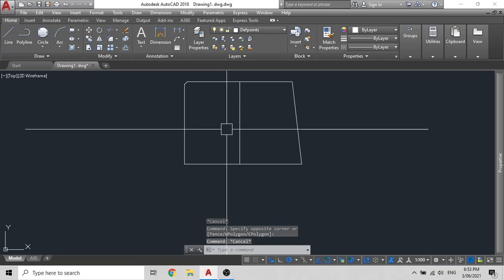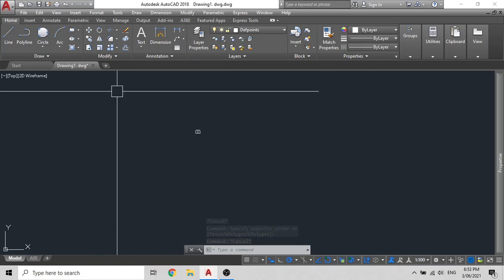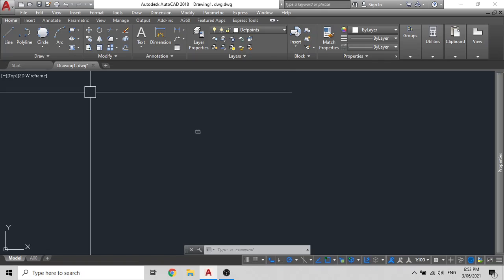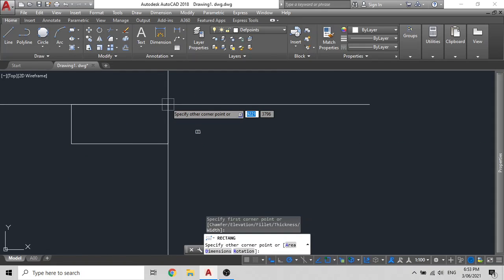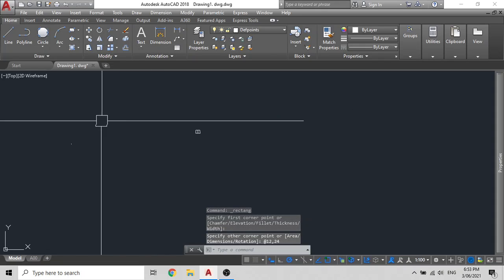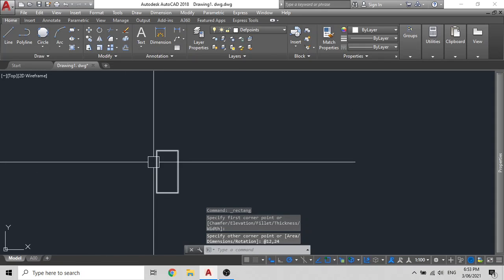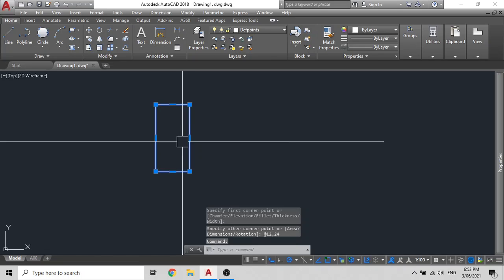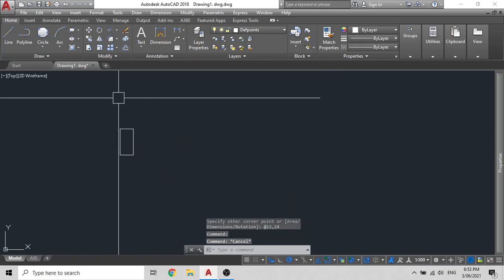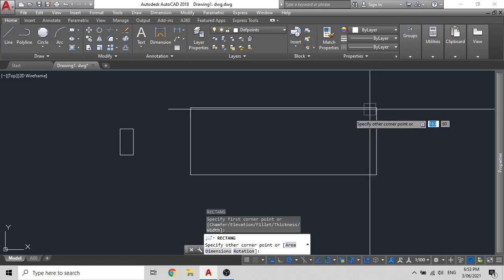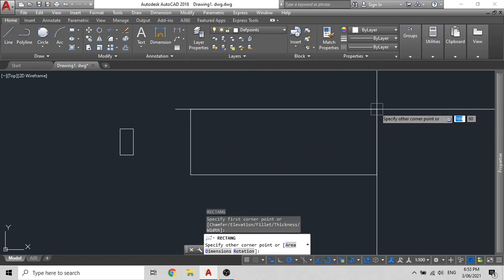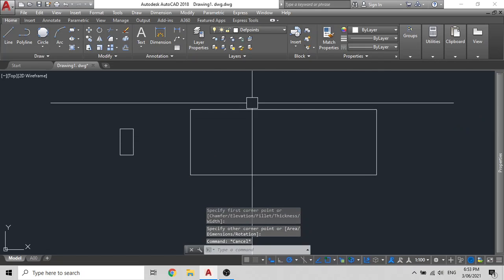The next thing that we will do is use a rectangle command. So in order to bring a rectangle, you can either click here and just click on one point and enter your sizes, let's say 12 by 24. Remember, this is in mm, that's why it's getting short. Or you can just type REC for rectangle and click on one point and bring it to wherever you think is right.